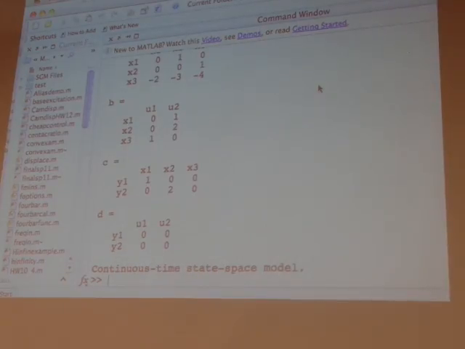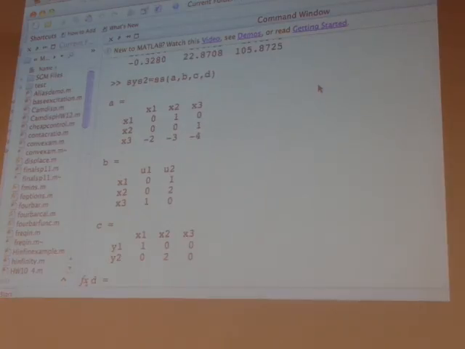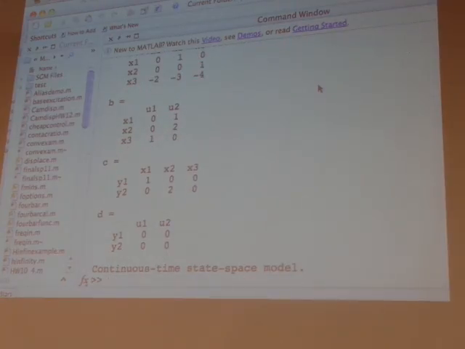System. You can see that the A matrix is the same, B matrix, 2 of them, C matrix 2. D matrix I have to have a 2 by 2 now. Right? Because there are 2 inputs and 2 outputs. All 0, doesn't matter. And you notice that I didn't change my D matrix, but it was smart enough to fix it for me. That was good. It's some older version of the error there. So let's take R sys equals reg of system